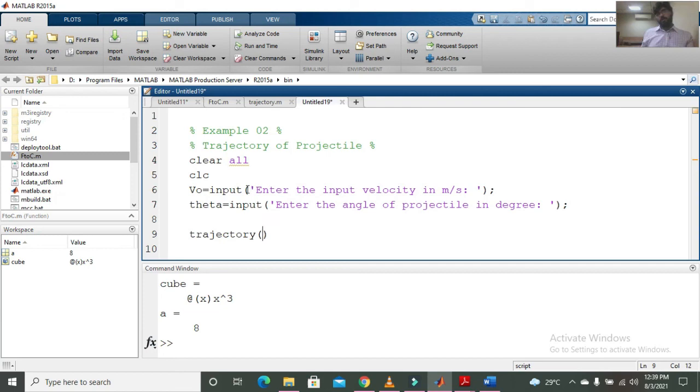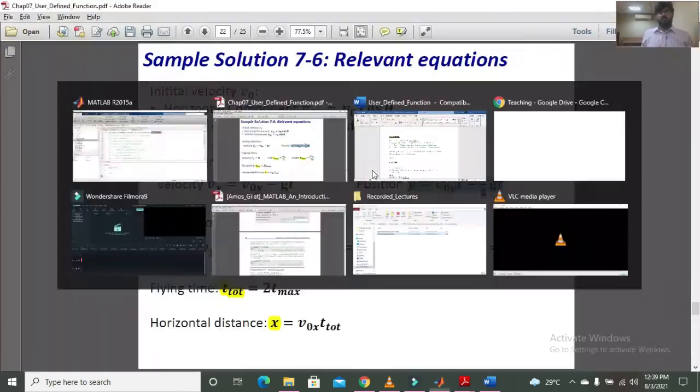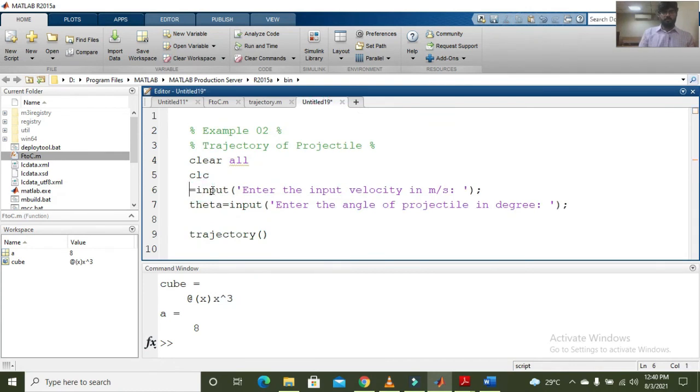There must be some input arguments, and here you can see that there are two input arguments, V0 and theta. So I will send V0 and theta as input arguments, and as a result you will get two outputs. Therefore I will make an array for H max and D max.